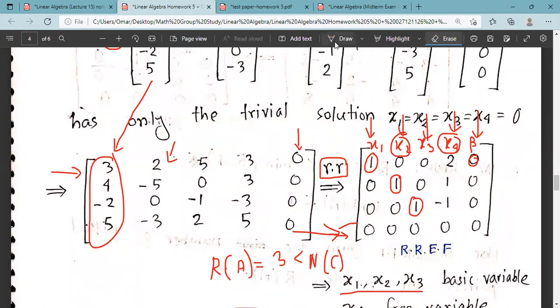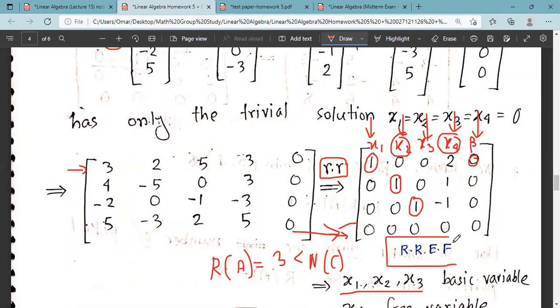Just try to think about what is linearly dependent and what is linearly independent. So we have just converted our matrix into RREF form, and then if I try to write down x1, x2, x3, and our beta, you will see that